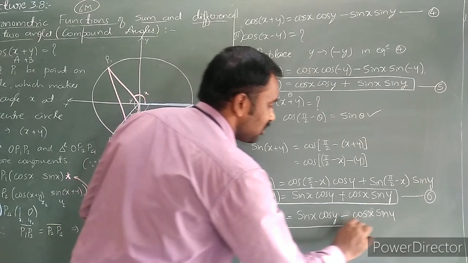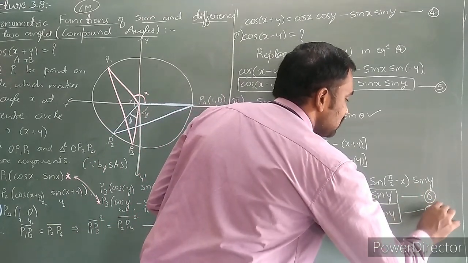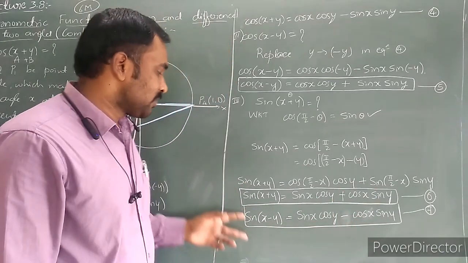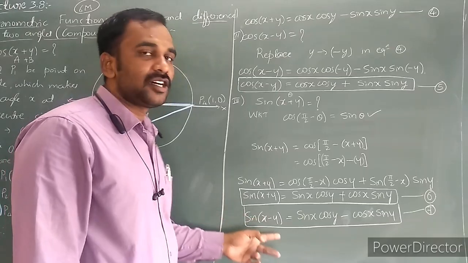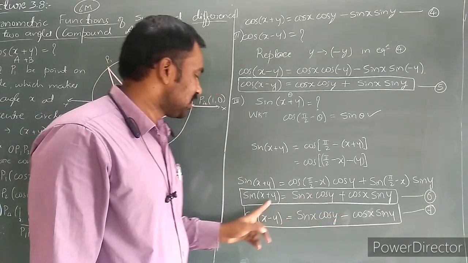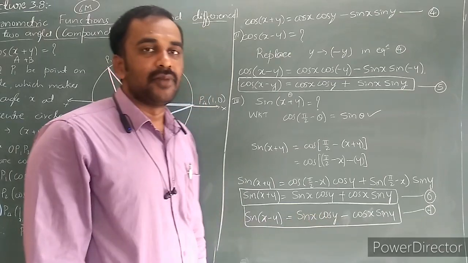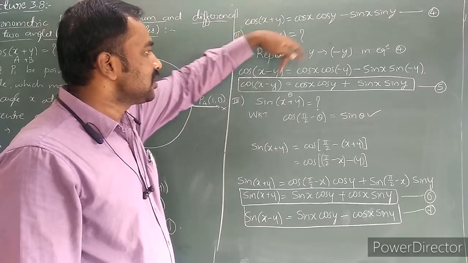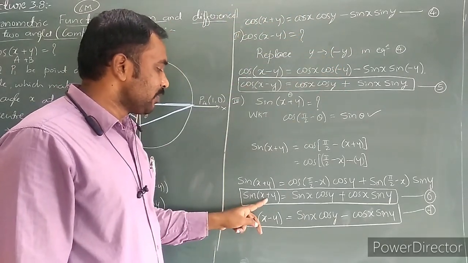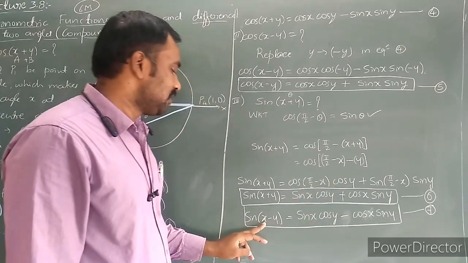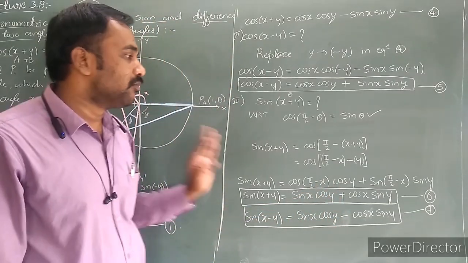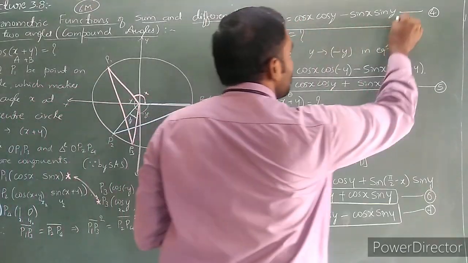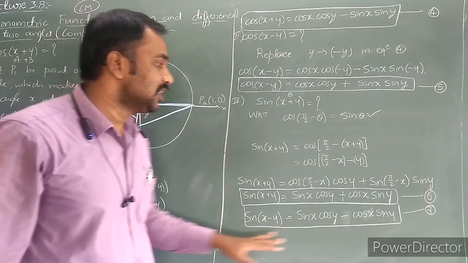So what is the sine of x minus y? Sine of x minus y is equal to sine x cos y minus cos x sine y. The difference between the sine of x plus y and sine of x minus y is the sign in between: plus, minus. Here it is plus, plus. Here it is minus, minus. But in the cos, if you have plus on the left hand side, the right hand side has minus. Left hand side minus, right hand side plus. But in the sine ratio, left hand side plus means right hand side also plus, left hand side minus means right hand side also minus. So just remember this formula, equation number 4, equation number 5 and equation number 6